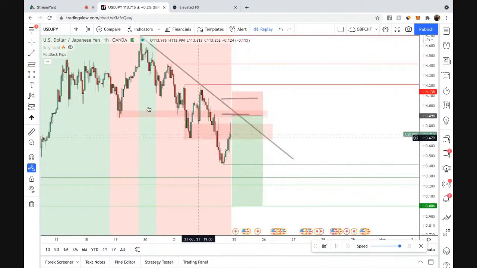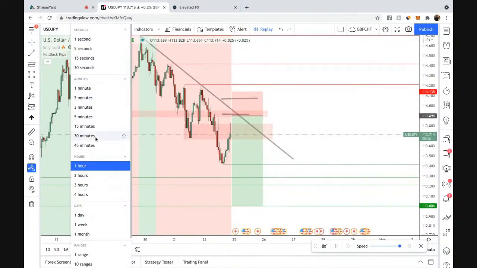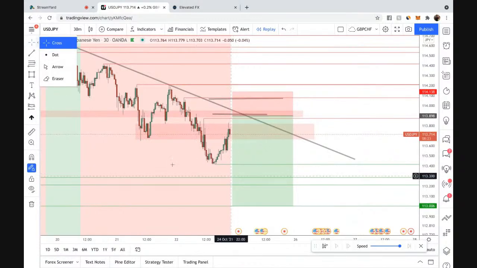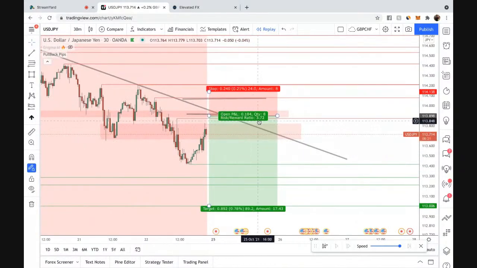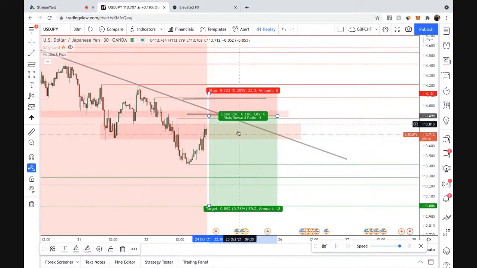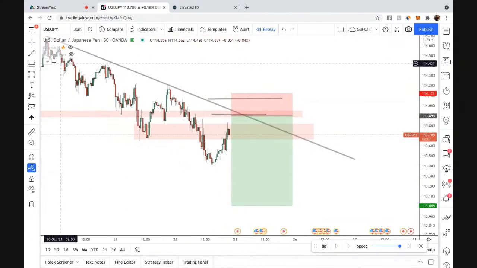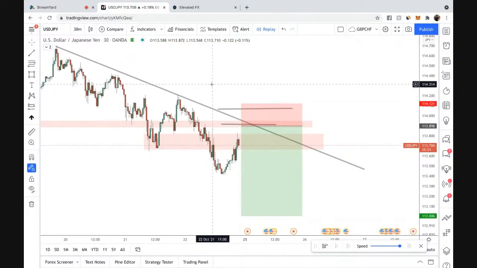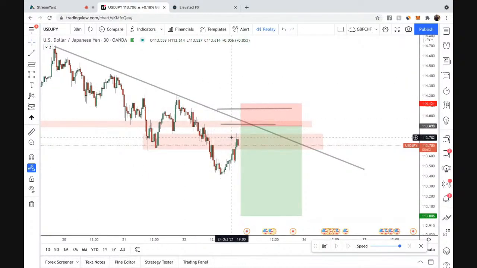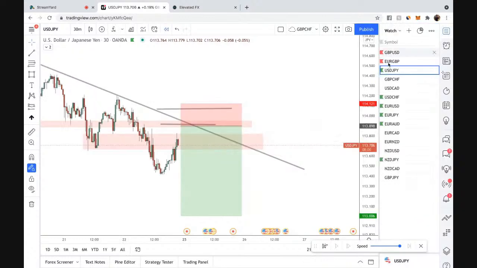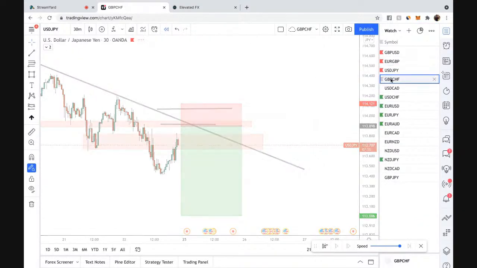Beautiful, right? So since we have that setup, I like it. It makes sense R to R. If we can get it, I would love it. It already is at a 3.7. I could probably minimize it and make it an easy 4, for 22 pips. If it breaks these levels to the upside, I'm just cutting my loss because you guys saw it, right? You don't have to be 100%, but the key thing is to be in the game when the setup appears. So I do like that. UJ, I'm going to boom, click that.